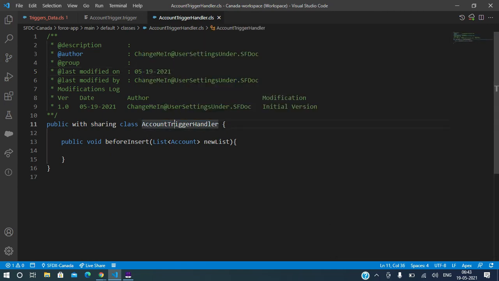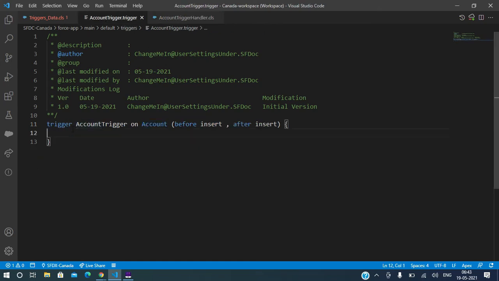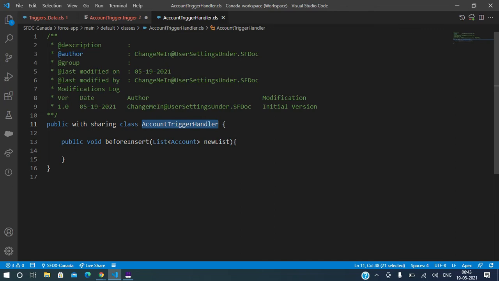Now I'll go back here and ask whether this is a static or a non-static member. Non-static. There is no keyword to say non-static. You say static only by using the static keyword. If there is no static keyword, it means it is non-static.